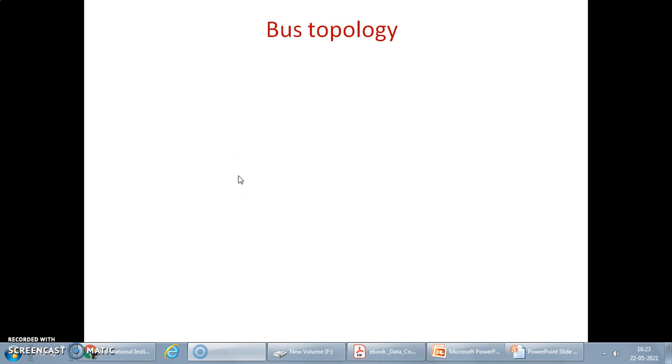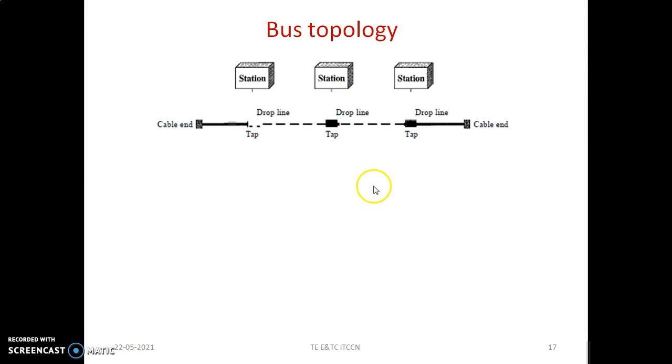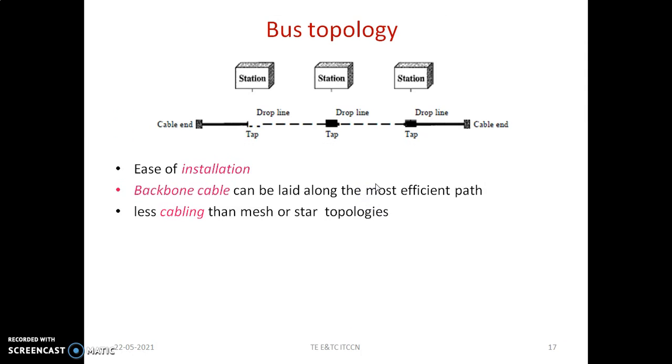Okay, and in the earlier second session of this fifth unit, we were studying the bus topology. According to the pictorial diagram, this is how the structure looks. The advantages are it is easy for installation, it requires one backbone cable and less cabling than the mesh or star topology as it uses a multi-point connection. So sharing of the line or the communication link is there.